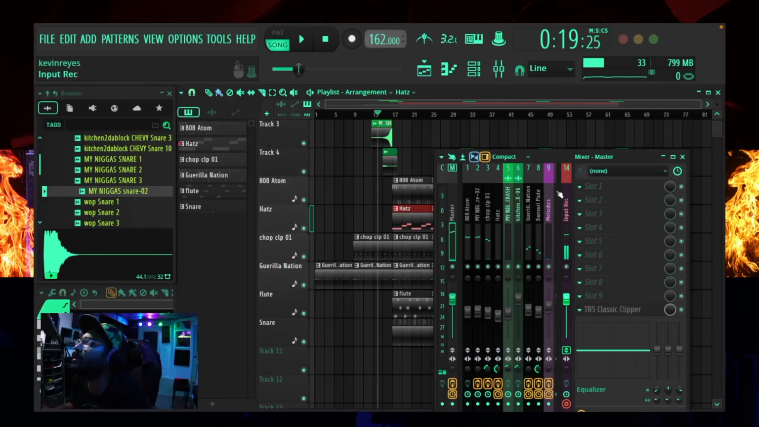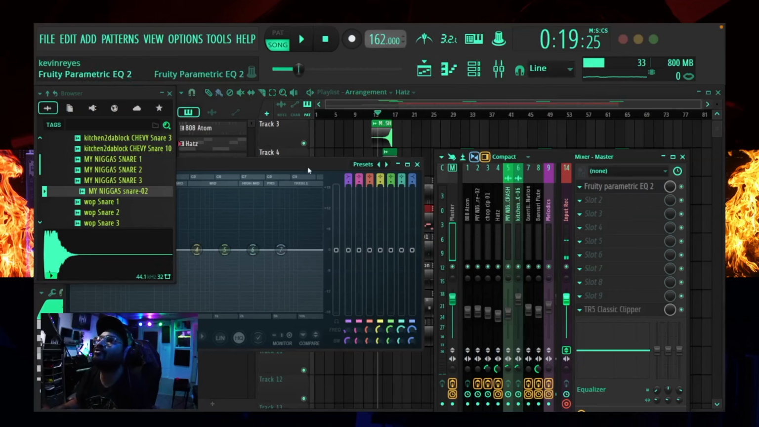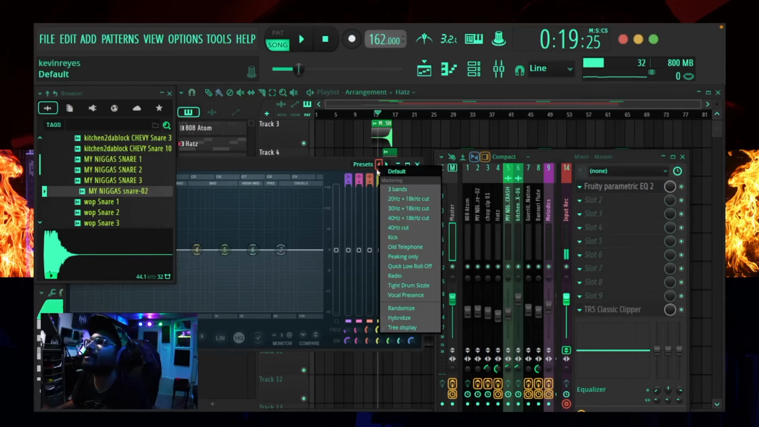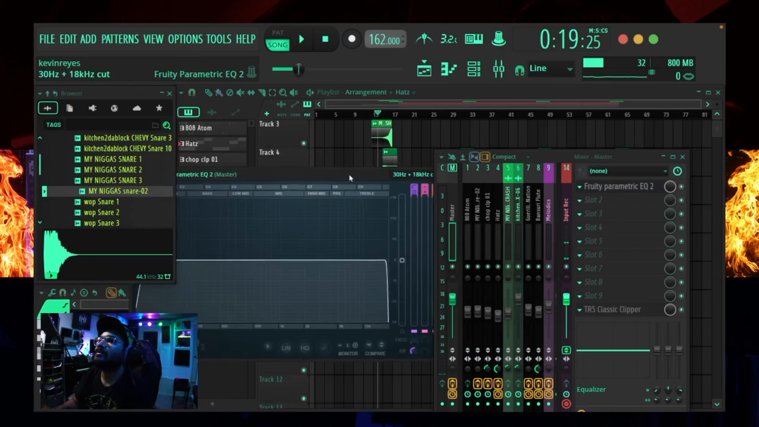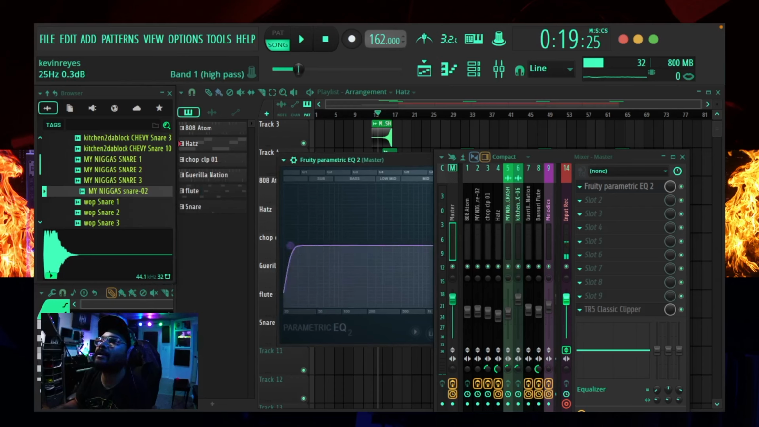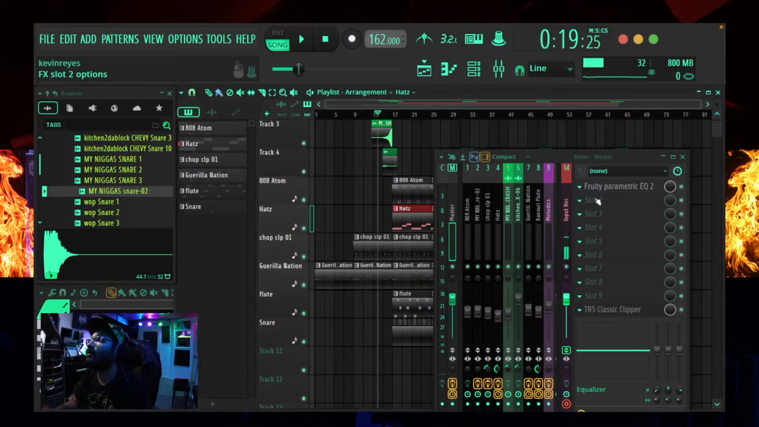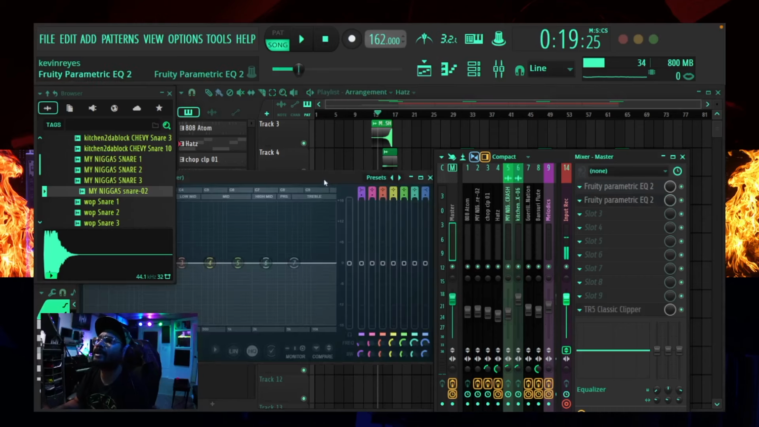Everything sounding more or less the way I want it. So I'm gonna go ahead back to this master bus and insert a parametric EQ2. Right click on the presets here, go to 30 Hertz plus 18 kilohertz cut. So this way you can cut anything above 20K and cut anything below about 28 Hertz, because you can't hear none of that anyway. And then I'm gonna go ahead and put another parametric EQ on there and